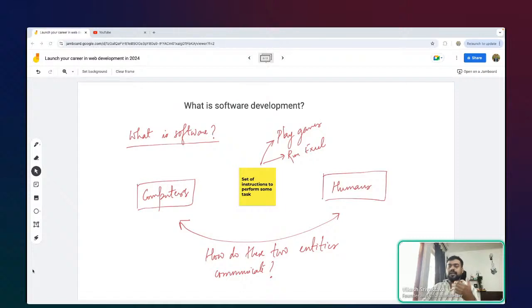So I can play videos on my computer as well, right? I can hear audio, maybe I can open an image, I can create a file. Maybe that is also an instruction. I want to create a file in my system, and there has to be a certain way so that my computer understands.